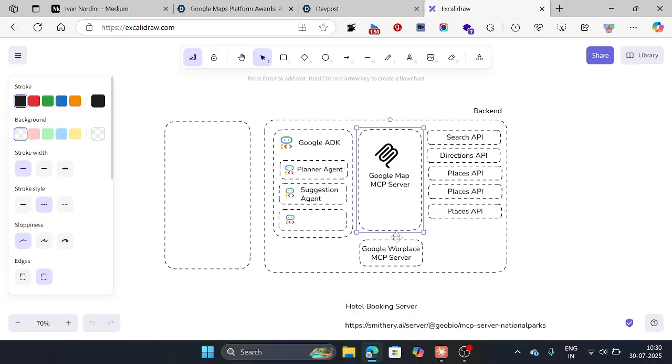And if we have some time, we want to use a pre-built Google Workspace MCP server or other MCP servers to get our answer in a better way. We try to create a planner agent to plan a trip. Suggestions are based on, for example, I am a vegetarian or I want to eat at a particular restaurant, so based on this it will give me